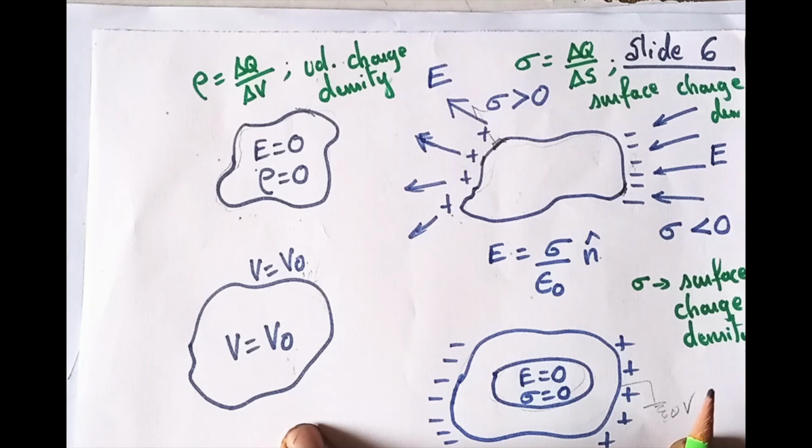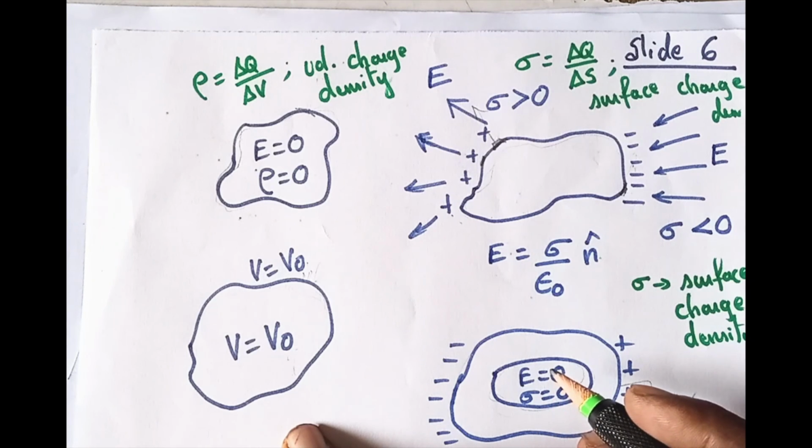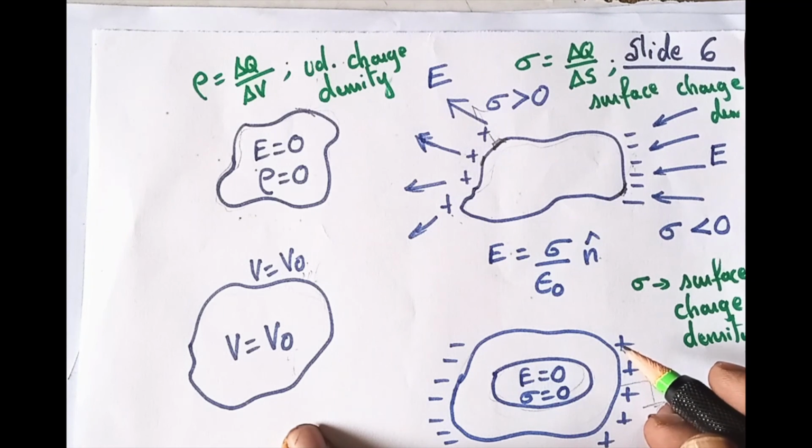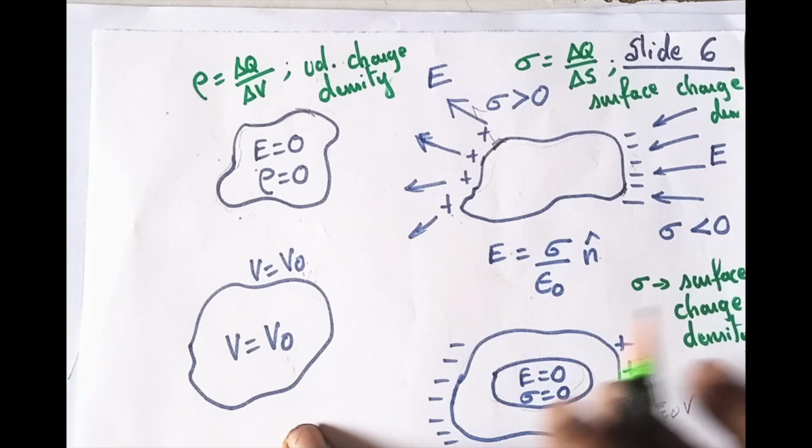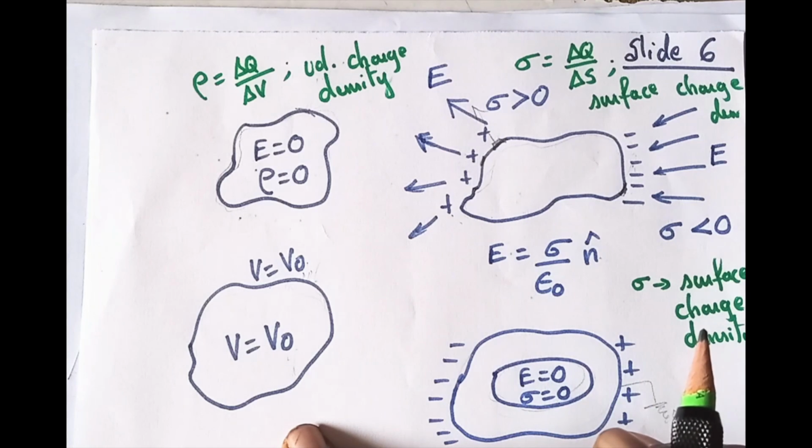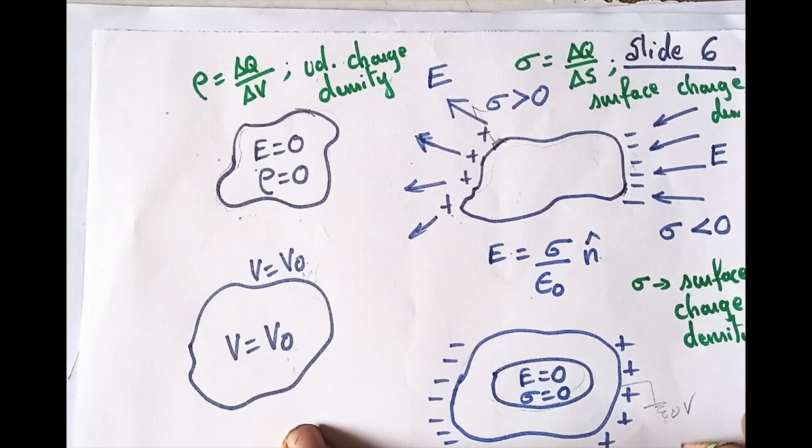So in a nutshell, if you remember this diagram with the proper explanation, you will come to know what the basic properties of electrostatics are. Especially we are dealing with metallic conductors. We have not touched upon electrolytic conductors because we are dealing only with metallic conductors. These are some of the important points we should keep in mind forever.